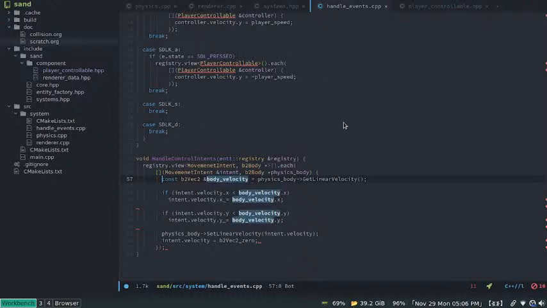Because I also want deceleration. So here's what I'll do. I'll say we get the velocity, and then we're gonna check. Actually, we're not gonna check. We're just gonna say, whatever the movement controller is telling me, I'm gonna do that. And if you want to prevent that, you just do something and tell me. But for now, we're gonna say if intent